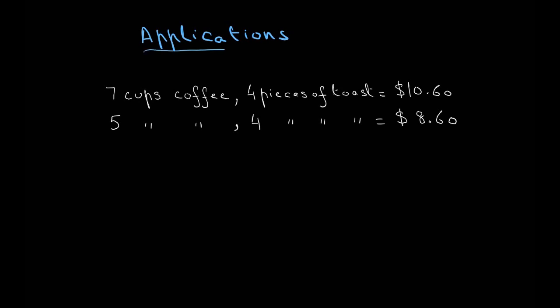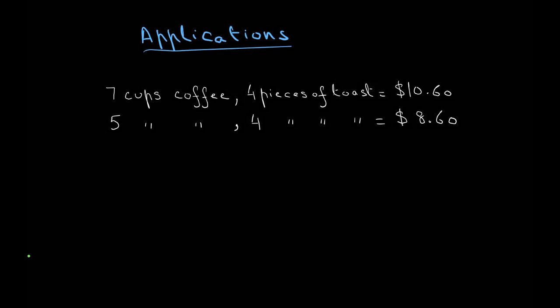So let's do some applications of simultaneous linear equations. Here we have a simple problem: 7 cups of coffee and 4 pieces of toast cost $10.60. 5 cups of coffee and 4 pieces of toast cost $8.60. We want to find the cost of each item. That's fairly straightforward. We're going to assume that a cup of coffee costs X and a piece of toast costs